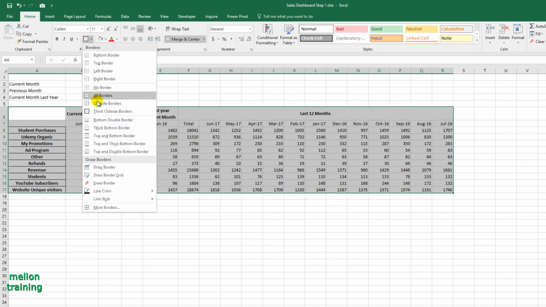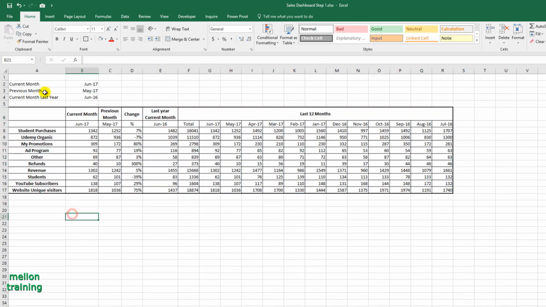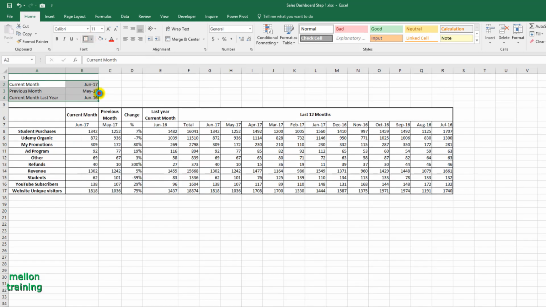The next step is to prepare data and create tables for the two charts that I will add to my dashboard: the clustered stacked column chart and the bullet chart. The clustered stacked chart will show me the analysis of student purchases for the current and previous month.